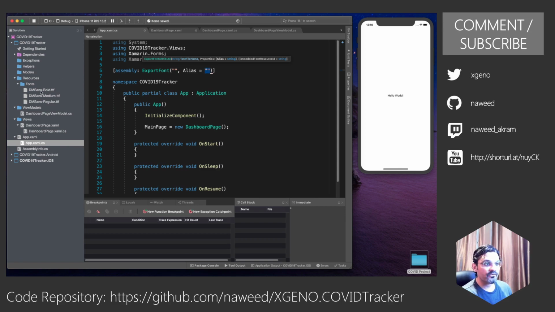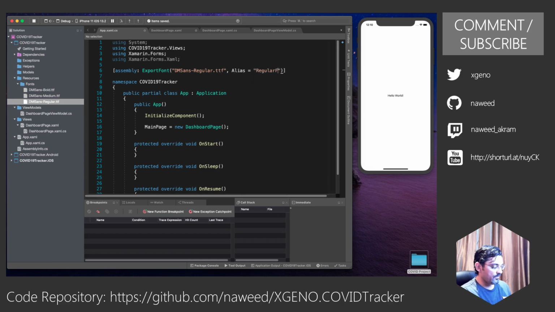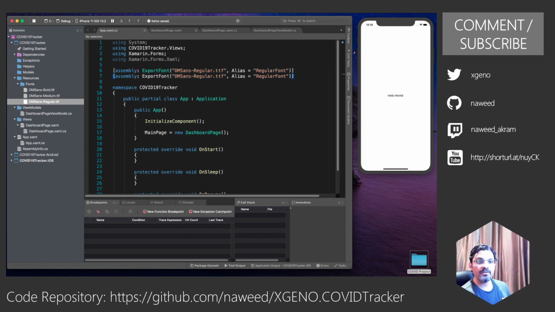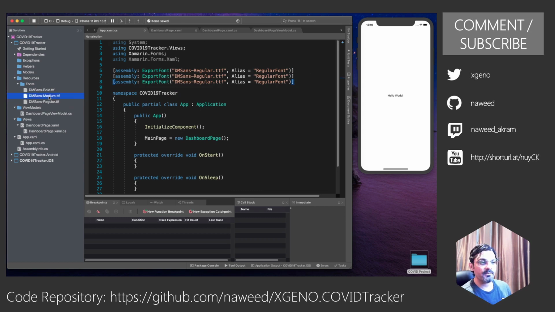So let's start with the regular first. I'm going to copy this over here. So we have DMSans-Regular.ttf, and I'm going to call it RegularFont. So every time, rather than referencing the font family DM Sans regular, I would simply refer to it as RegularFont.